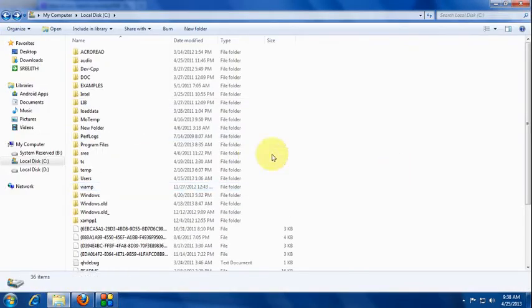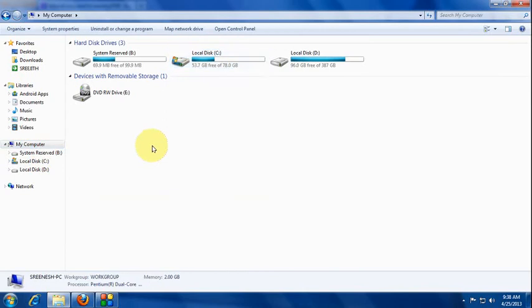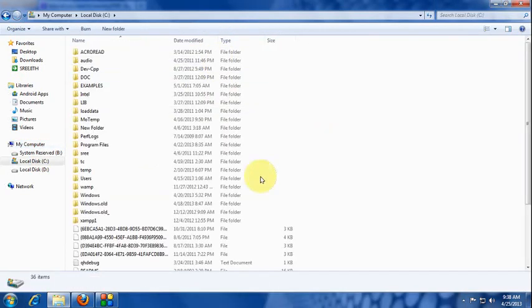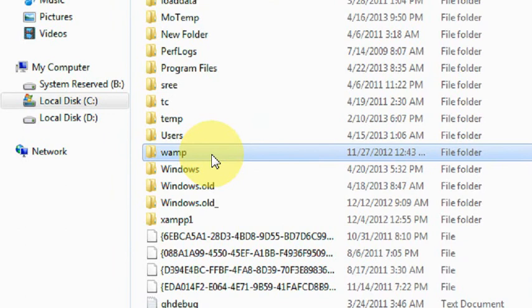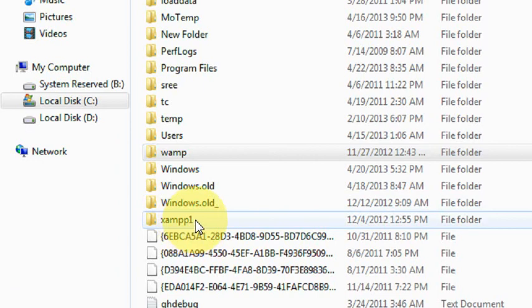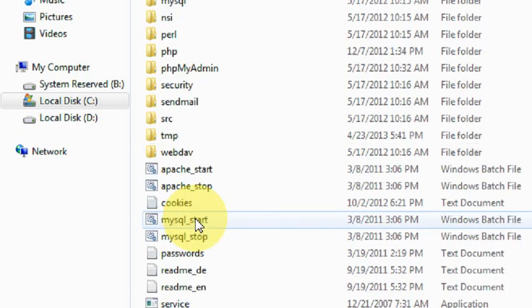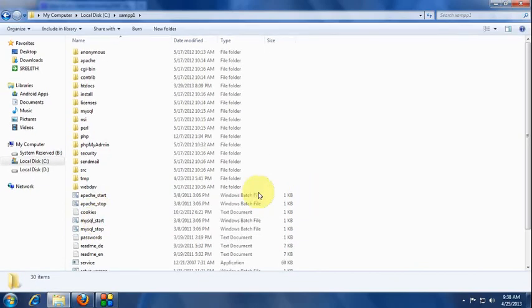The main thing: after installing the XAMPP server, it will be installed into the C folder. Now I have both the Apache servers installed, that is WAMP and XAMPP. When you install WAMP, it will create a folder named WAMP, and in XAMPP you can give random names to it. I have given XAMPP1 to my folder. Now I will be using WAMP to show this tutorial, but I will show you how to start both the servers. So first I will double click on XAMPP.